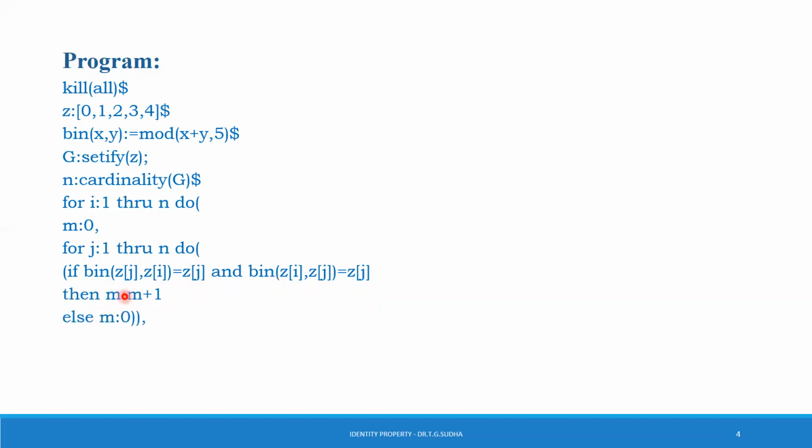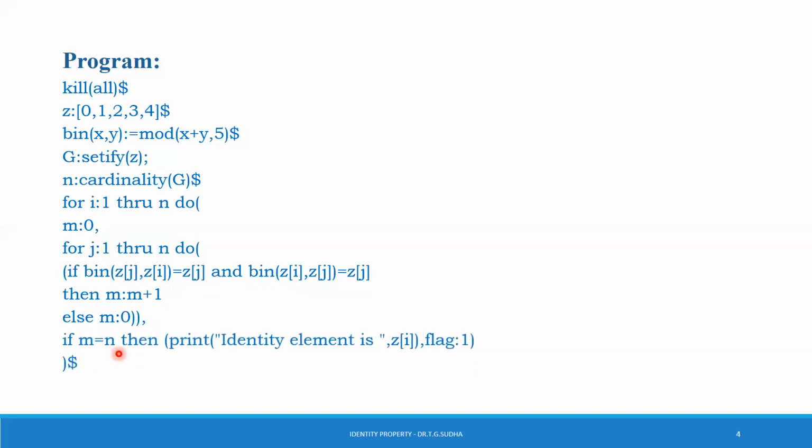So if this is satisfied, then we take M : M+1. Earlier we have stored M equal to 0 to begin. So if it satisfies for the first value of I, then we take M equal to M+1. That is, the loop goes to the next element, that is I equal to 2, and it checks the condition for the identity property. If this doesn't hold good, then we store under the user variable M equal to 0.